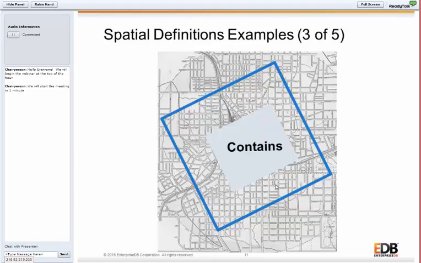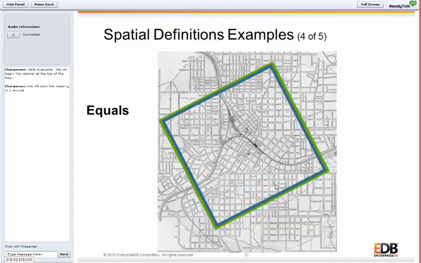Contained, this is when one spatial object contains another spatial object. The interior includes all points of the other object. If an object such as a point or line string only exists along the polygon's boundary, the polygon does not contain it. If a point is on a line string, the line string contains it. You can get all of the different rules at postgis.net/doc/stcontains.html. You need to follow up on that one.